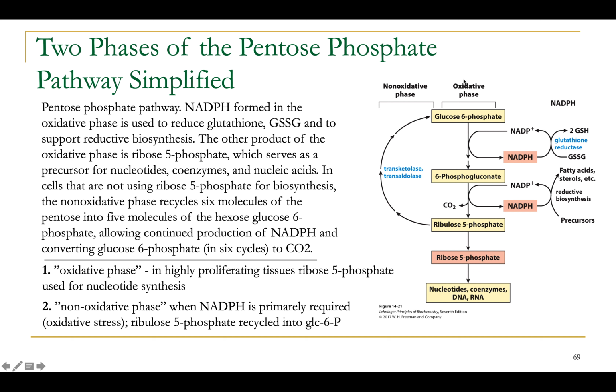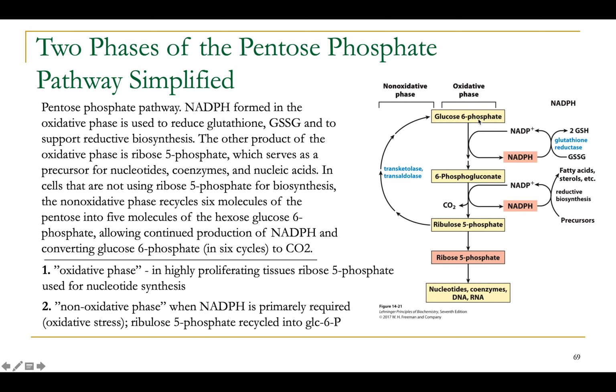The main branch of the pentose phosphate pathway results in the production of pentoses, specifically ribose 5-phosphate, which is used as a precursor for synthesis of nucleotides and various redox cofactors. In this branch of the pentose phosphate pathway,